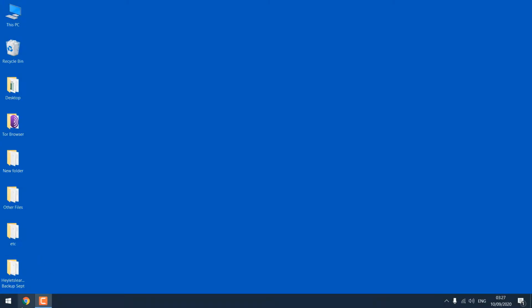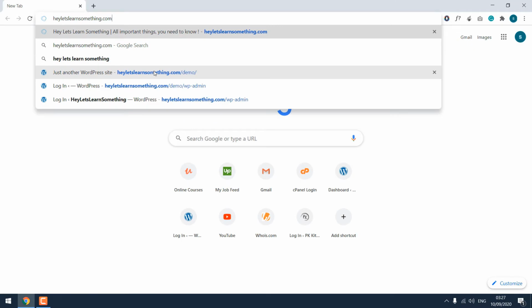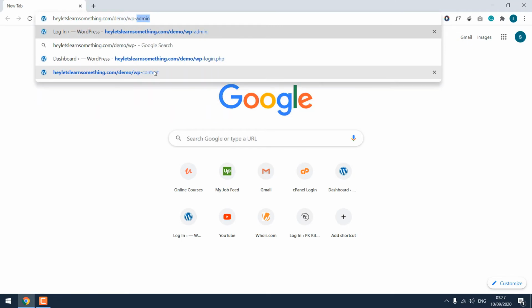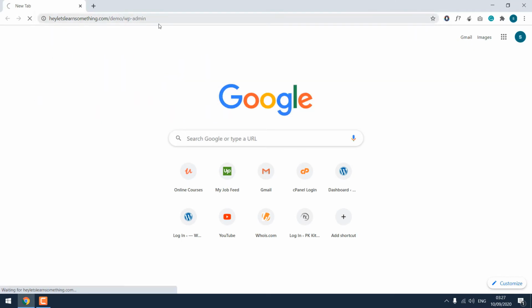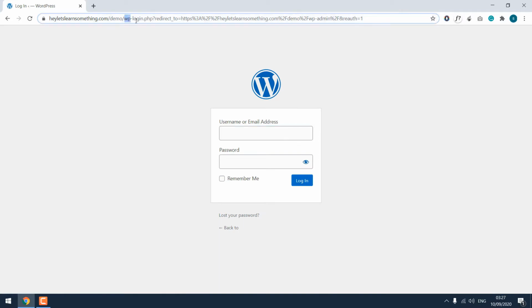Let's open our site. By login page, we mean wp-admin page or wp-login.php page. So we are going to change this. To do that, let's log into our dashboard,